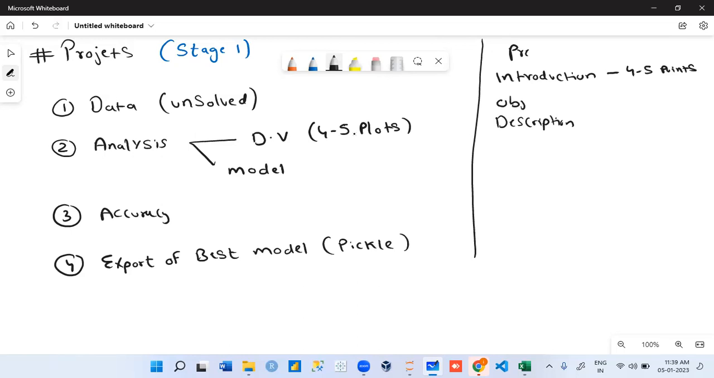After intro, you have to write your objective. Let me complete, guys. Then you can write objective. Within objective, you have to write